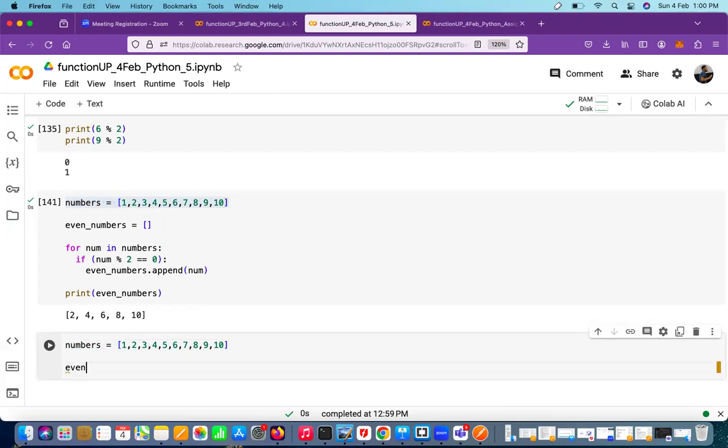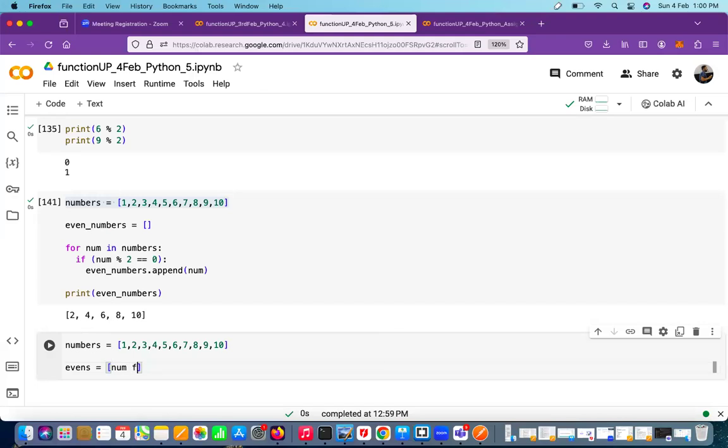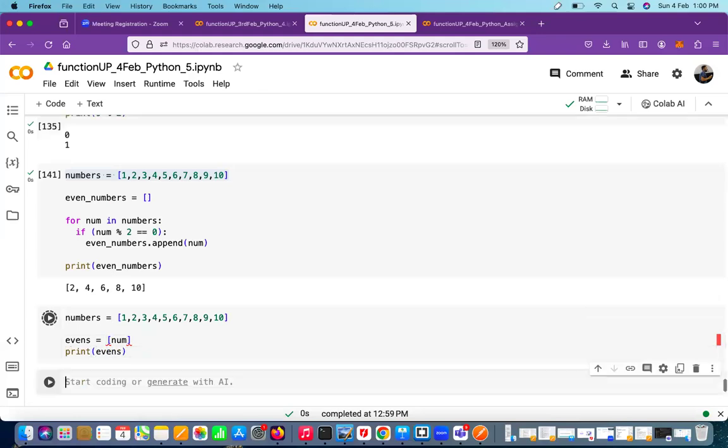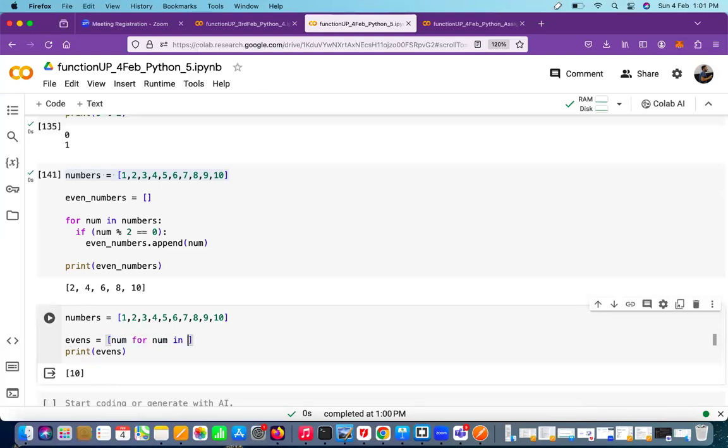So it's like evens equals blank list, then num for num, and if I just print num, what will happen? Let's see. The last existing number, that is 10, right? Not correct. So for num in numbers,